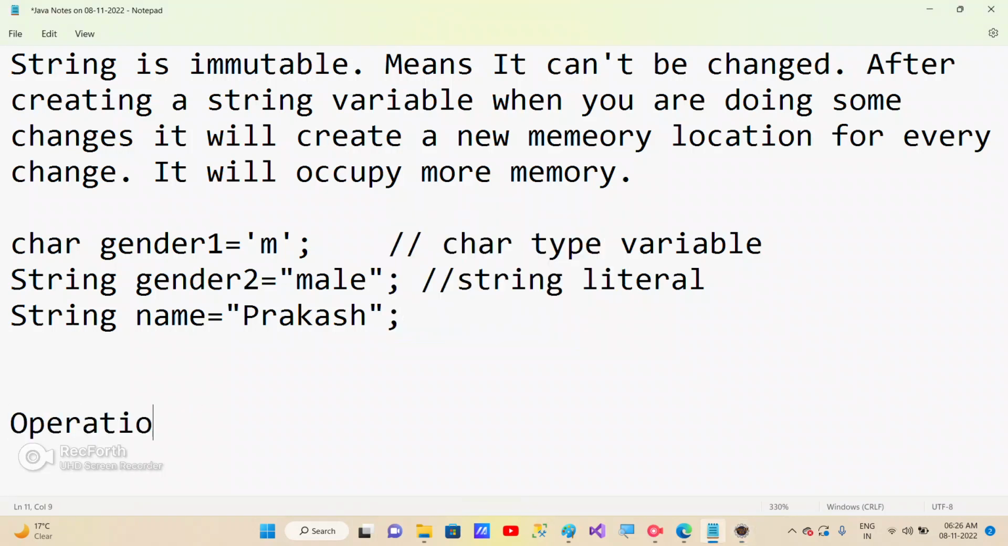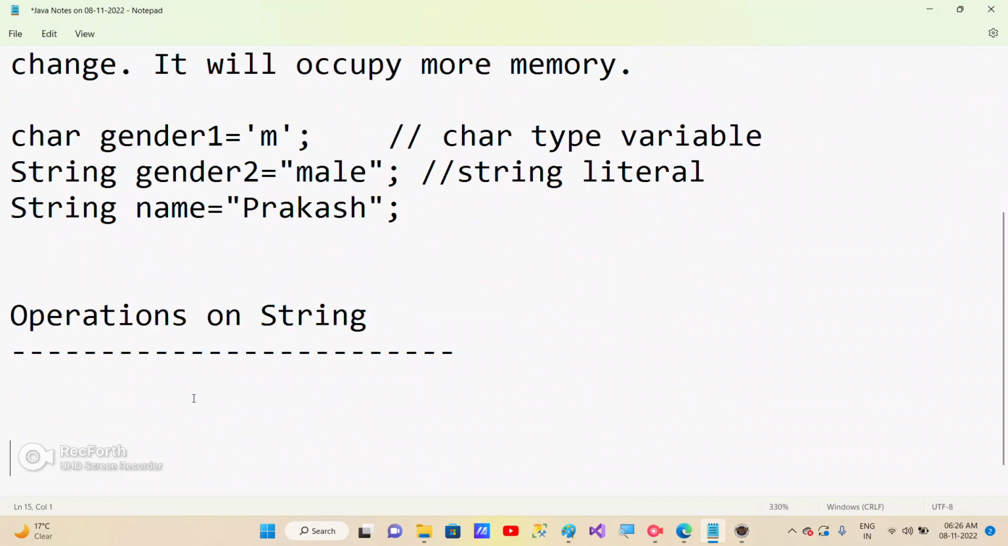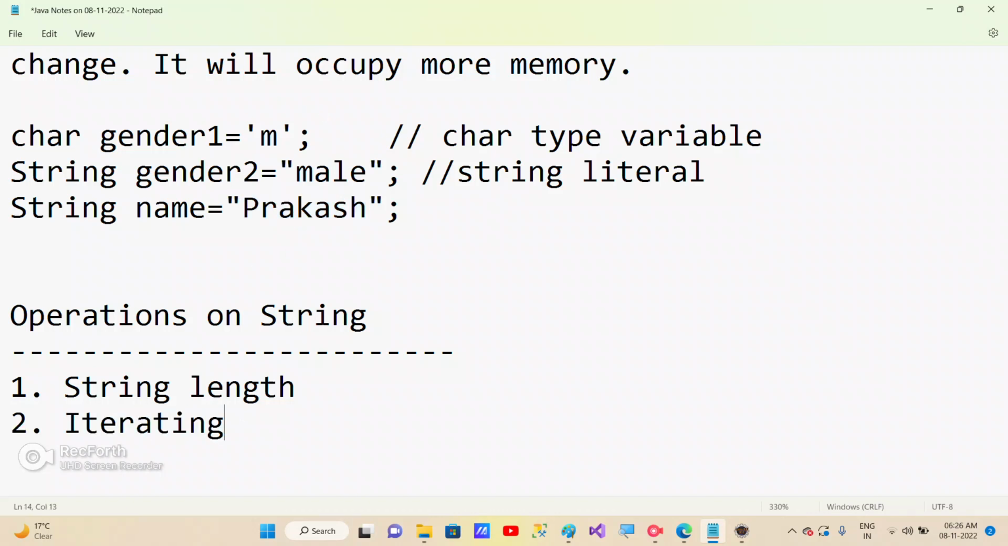So, what are the operations we can do? Operations on strings. Number one, accepting a string and string length. You have to know these operations, guys, because when you are trying for a job, definitely they'll ask you some questions on string manipulations. So knowing what operations you can do on the string will give you more confidence in cracking the interview. Okay, the first thing is string length. How do you know how many letters are there in a string? String length. Number two,